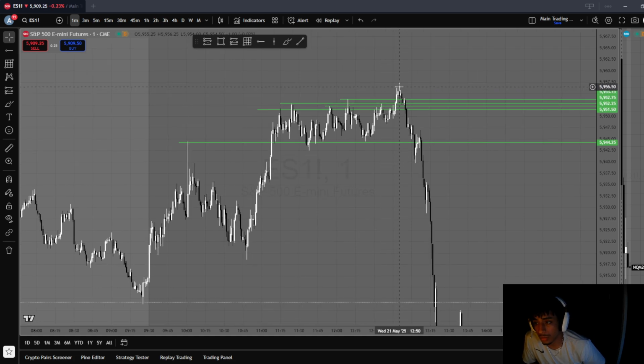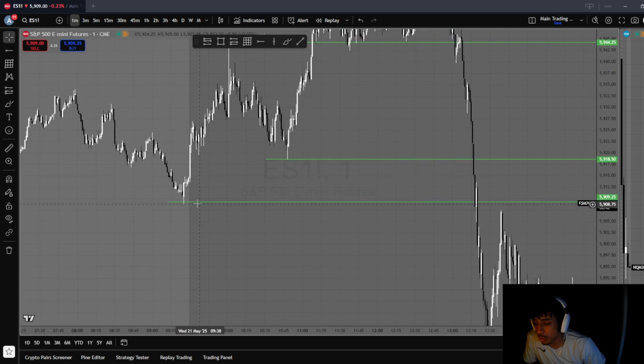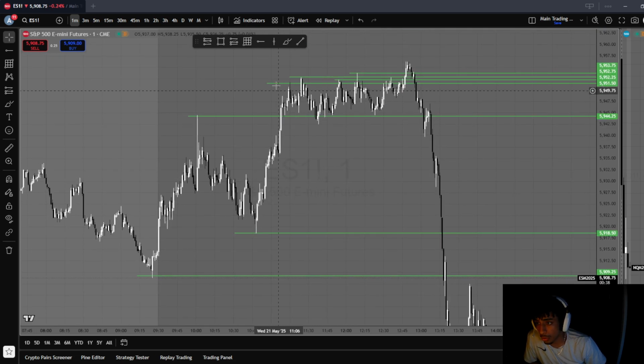We swept liquidity, market manipulation. Now we're going to go to the downside. What can you target? Low resistance draws as well. So this and this would be our strongest draws on liquidity to the downside, right? What would our low resistance be? We could say this would be low resistance liquidity we could have a take profit at, and this one right